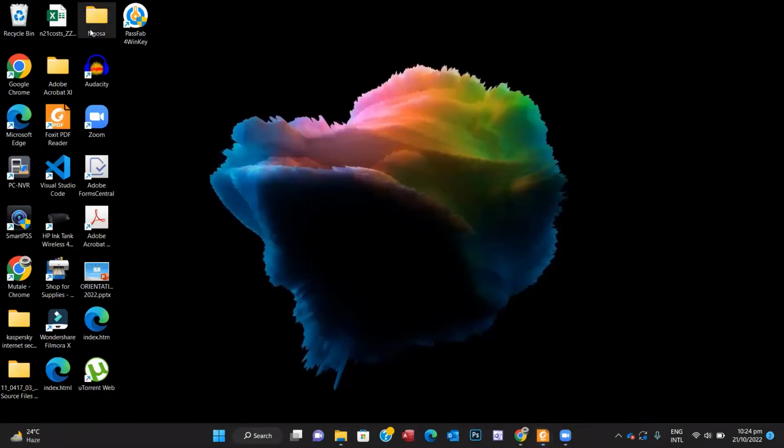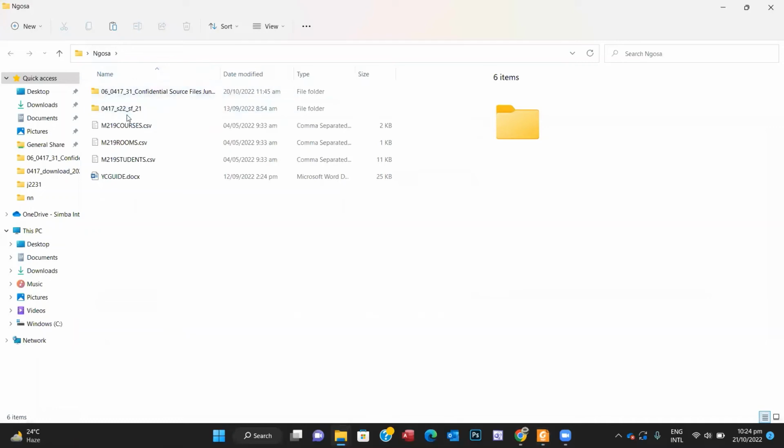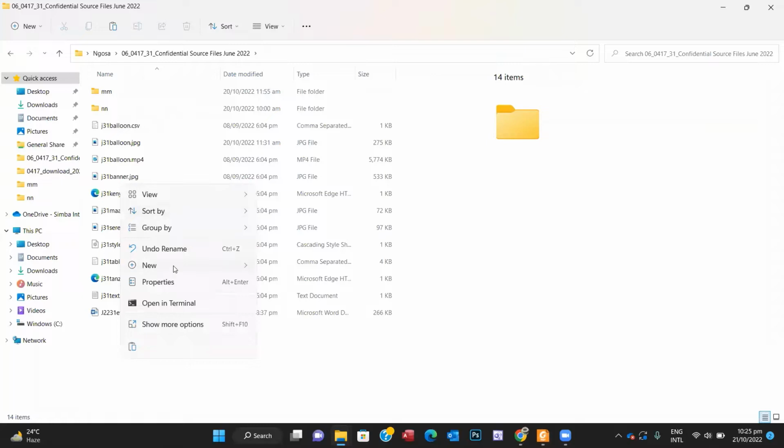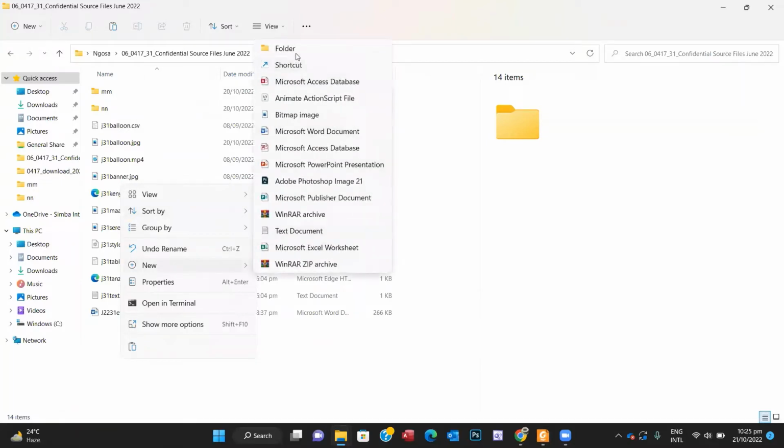So I'm just going to go to my support files. Okay, so I'm just going to rename this, and I'll create a new folder. Okay, so let's create a new folder. Right click, new folder,